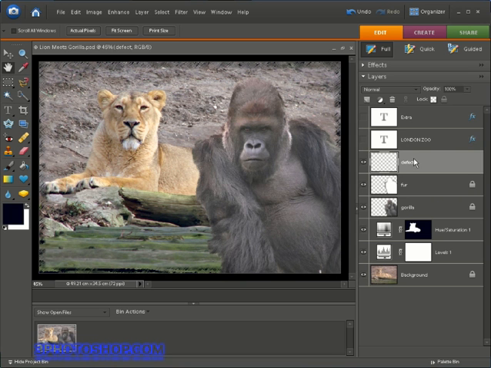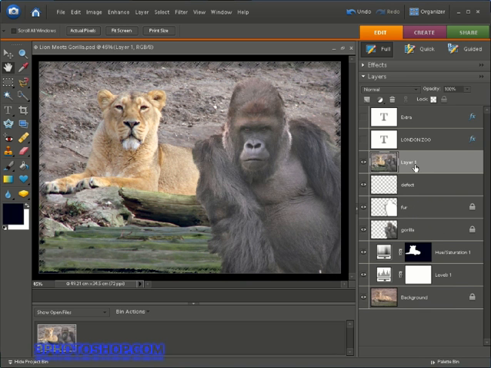Next I'm going to use a top secret keyboard shortcut that's going to take all of the visible layers in our composition and add them to a new layer at the top of the stack. That keyboard shortcut is Control-Shift-Alt-E here on the PC. That's Command-Shift-Option-E on the Macintosh. And then I'm going to rename this layer Sharpen, because that's the only reason I'm using